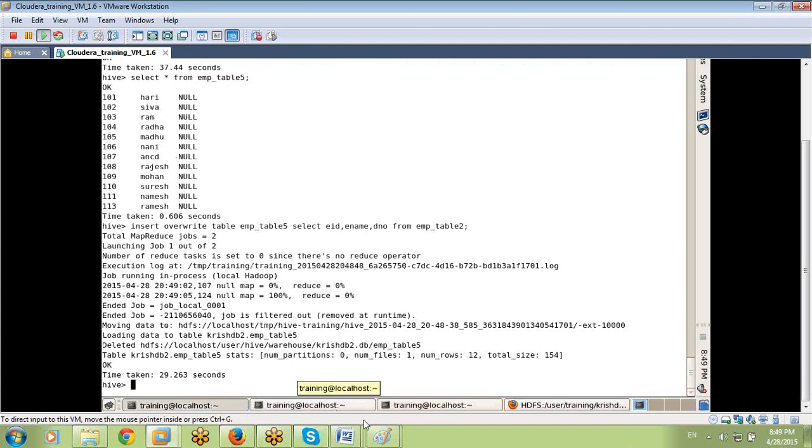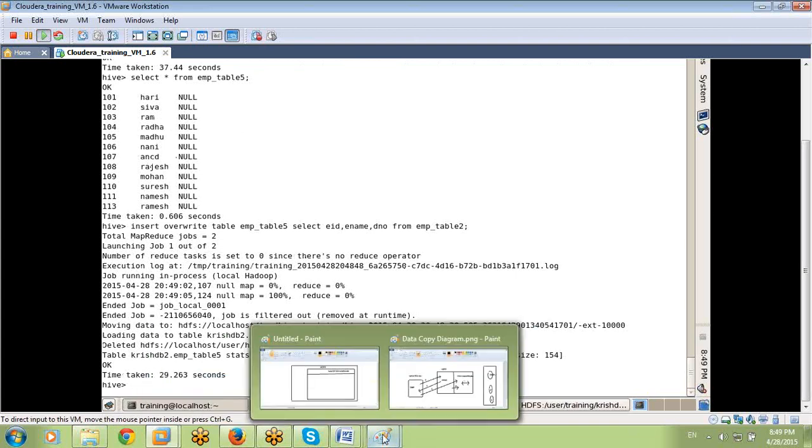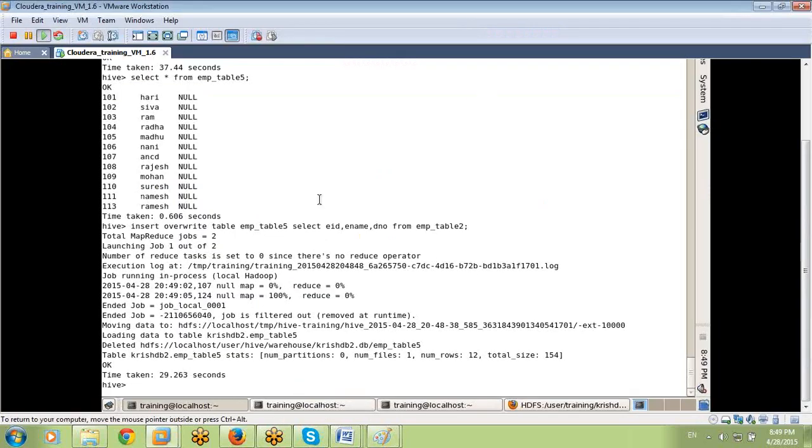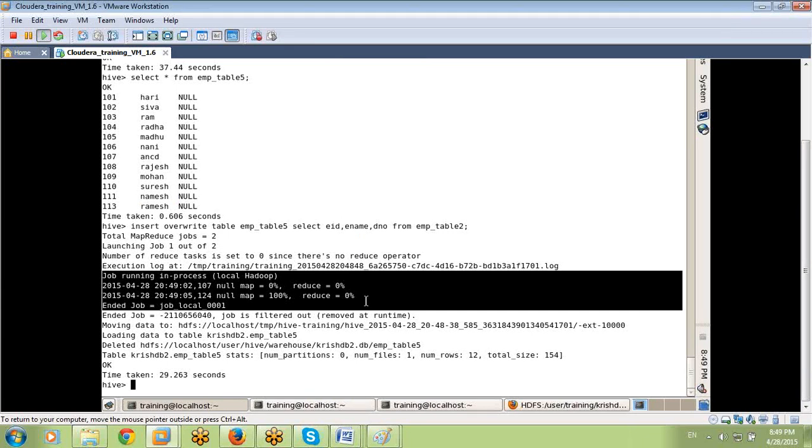One more important point is there. When you run the first four arrows, at that time there is no map running. Simply we are copying the data, loading it. But let's see the fifth arrow. If you run the fifth arrow, only then map is running. See, mapping 0%, reducing 0%, mapping 100%, reducing 0%. That internal framework is running. At that time the internal mapping work is going on. That's why it's taking null only, in the backend also, at the time of writing also it's taking null only.